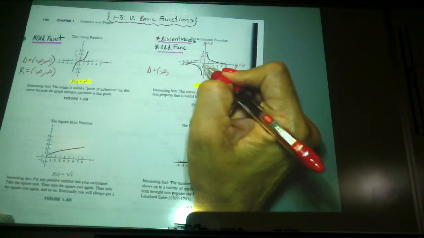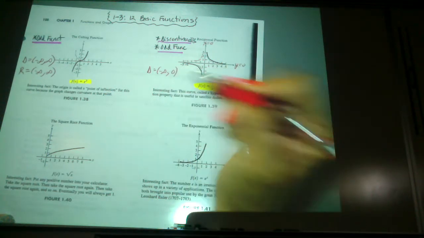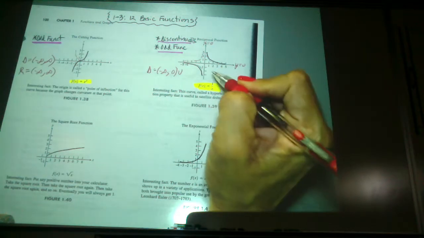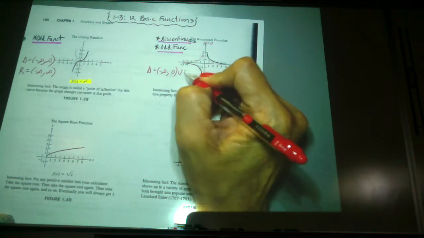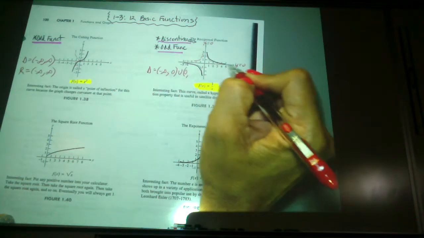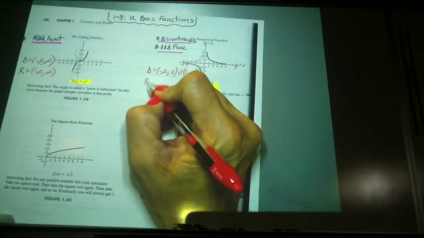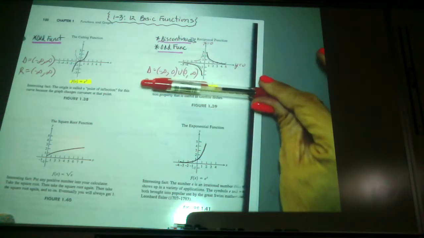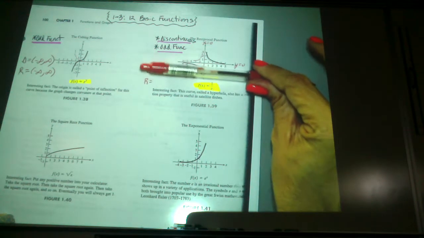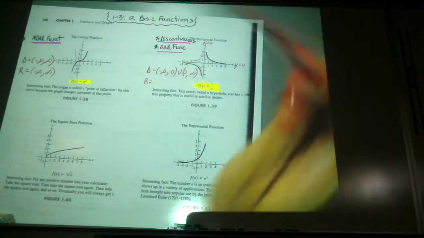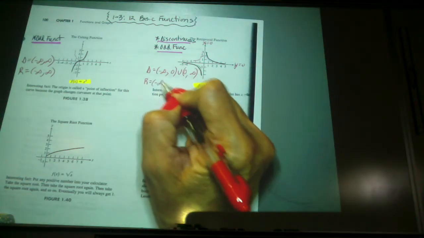2, we approach 0, but we do not include 0, so that's parentheses there. Union, then I start again at 0, but don't include it and go to what? Positive infinity. Your range is going to look identical because our lowest range is negative infinity. We come to 0, we have to leap over it, and we go to positive infinity on the y side. So it also is identical